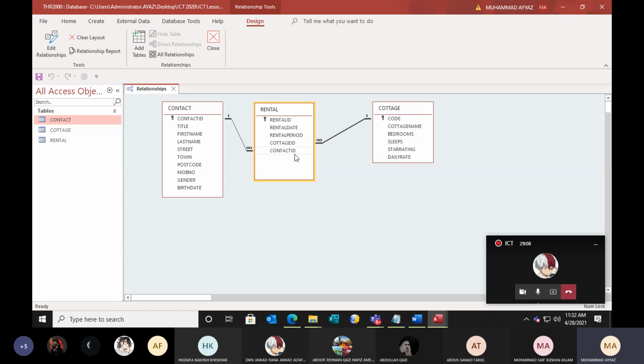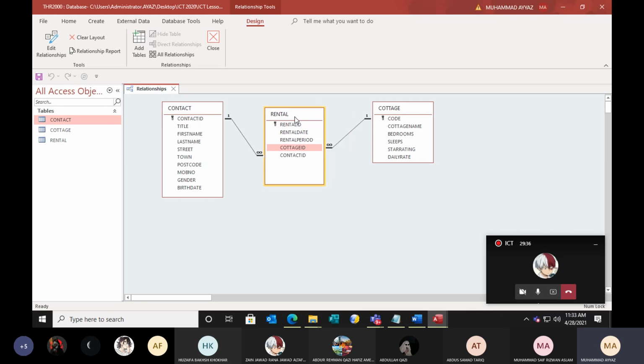Sometimes, you know, common sense is required, my dear. Table name with ID. I told you, in some databases they will not give you the same field, but they will give you some identity there. You can guess, you can use common sense. So cottage table name is there, cottage table ID is there. So we will take this field and put this. So this is the relationship.